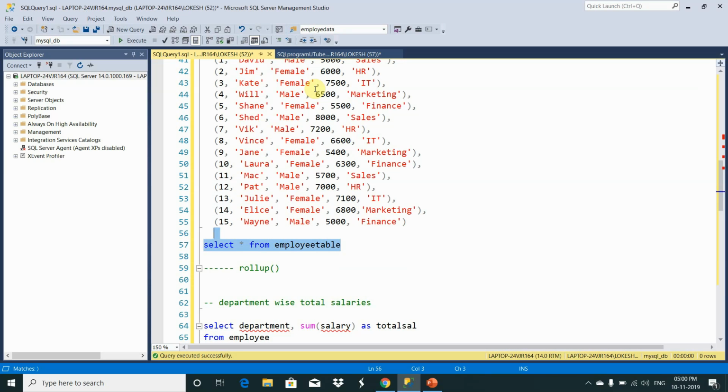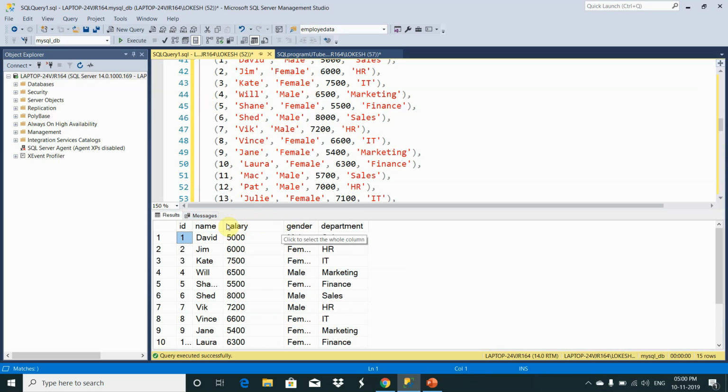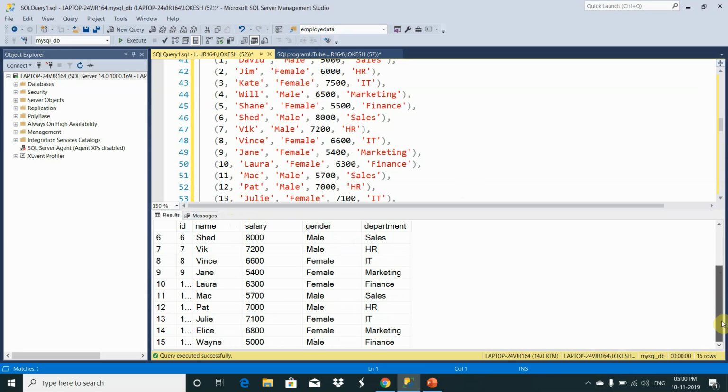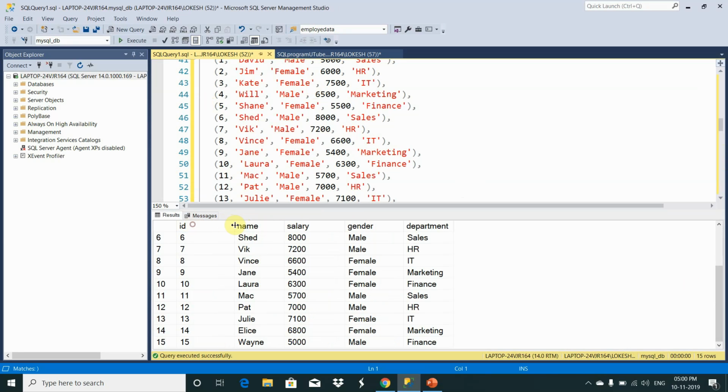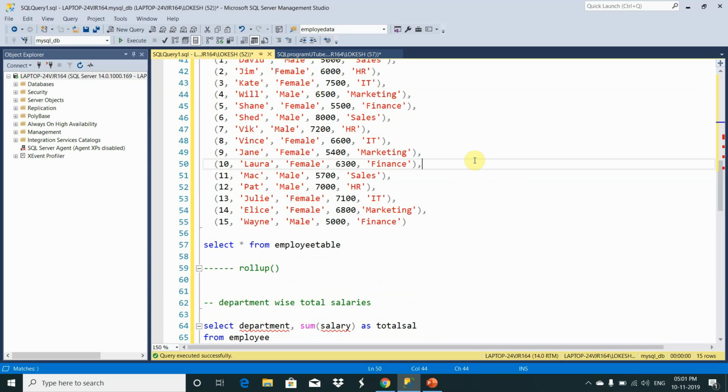Okay, if you want to see the data, this is the query. Here is the information that we have. We have an ID, a name, salary, gender and their department as well. In total we have 15 rows. If you want to see all columns, just drag and drop here. Okay, so now how to use this